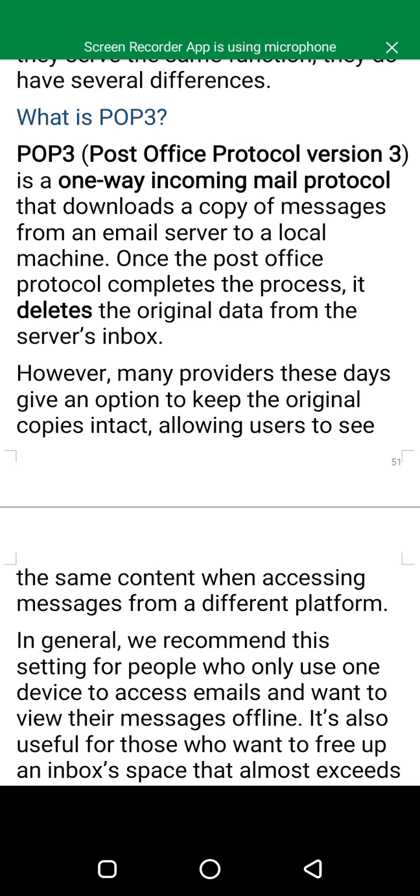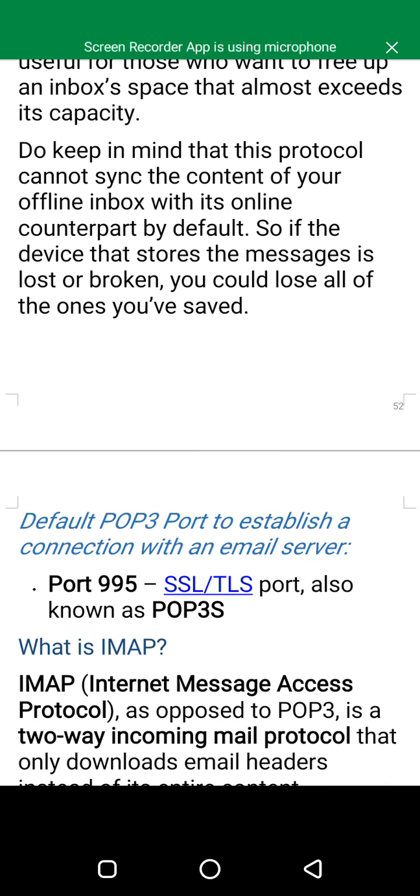It's also useful for those who want to free up an inbox's space that almost exceeds its capacity. Do keep in mind that this protocol cannot synchronize the content of your offline inbox with its online counterpart by default. So if the device that stores the messages is lost or broken, you could lose all the ones you've saved.